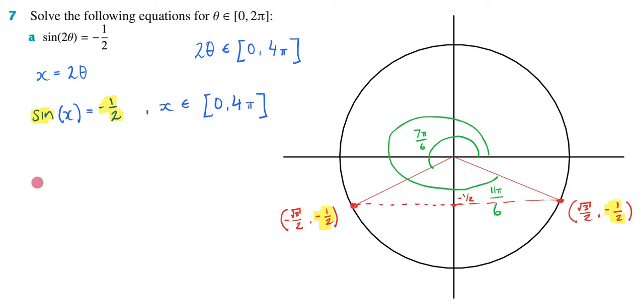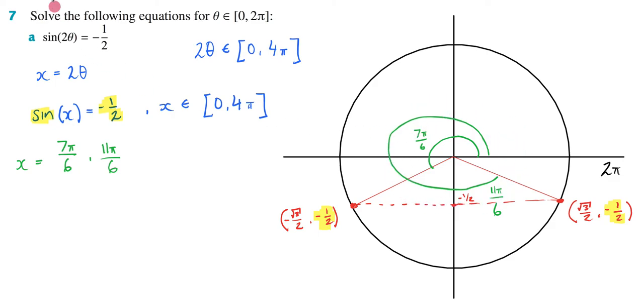So now I'm going to come over here and start writing down all my values. I'm going to say x is equal to 7 pi on 6, 11 pi on 6. Let's remember that I have now gone 2 pi around my unit circle. But if we look at my domain, it's from 0 to 4 pi, which means I need to go another